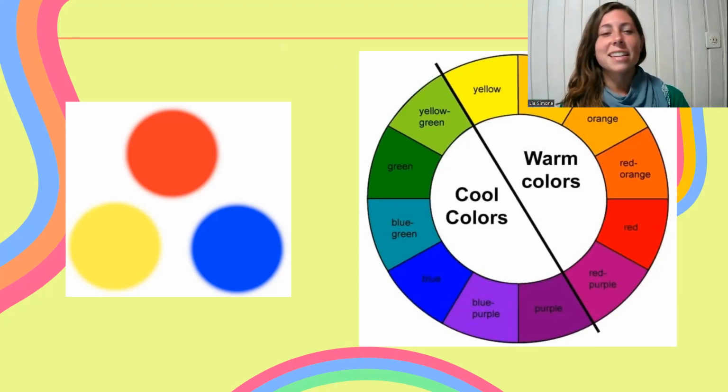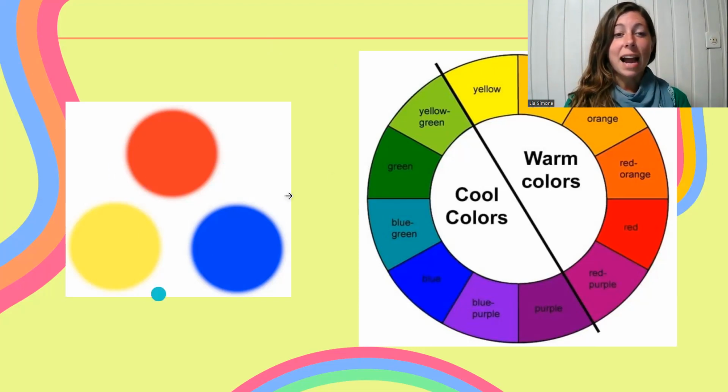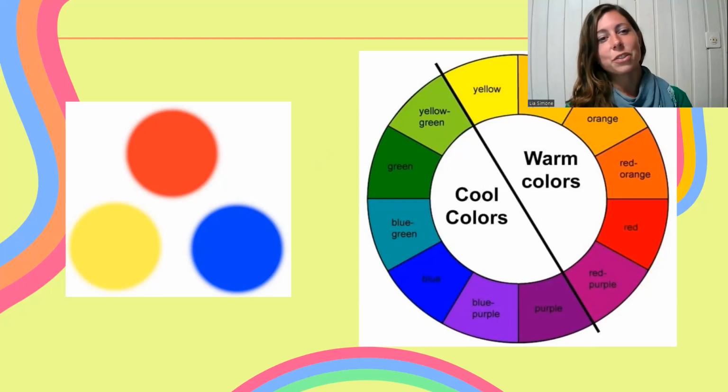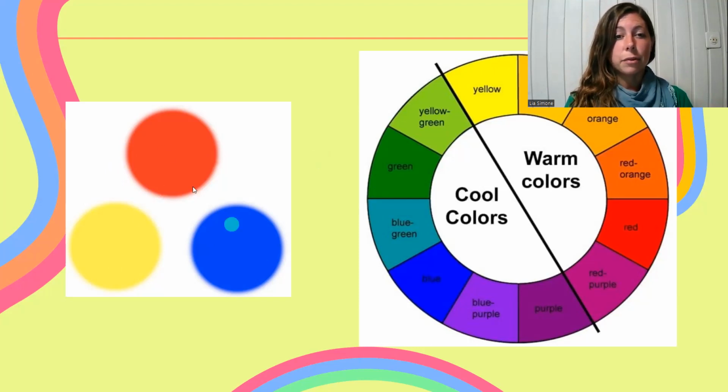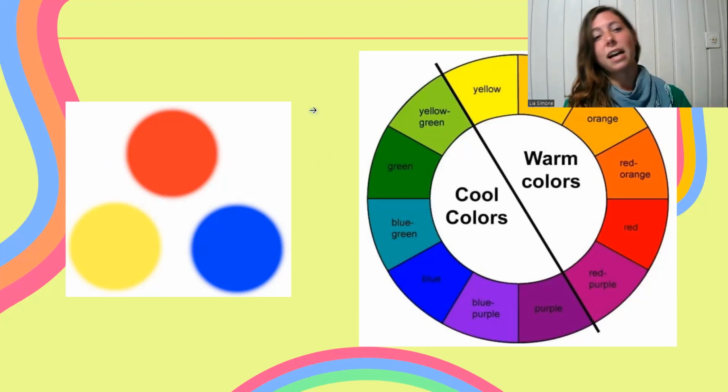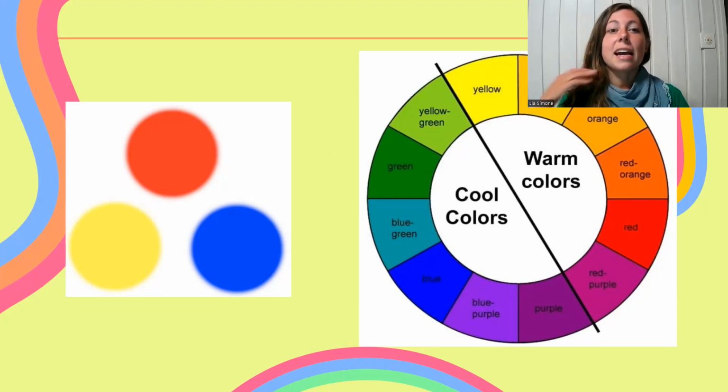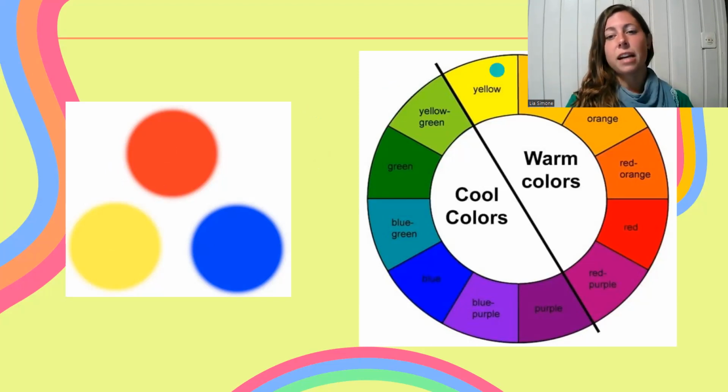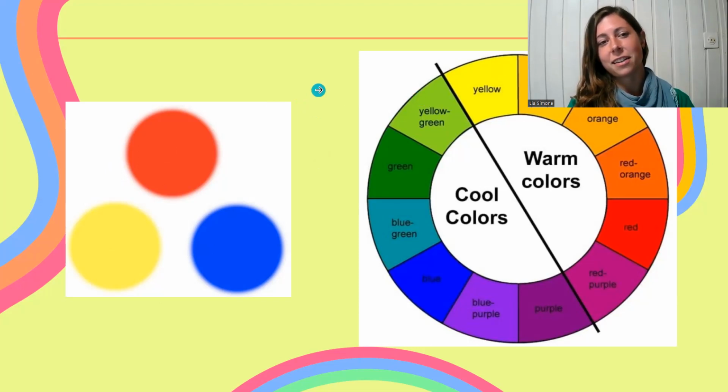So this is the color wheel. You've probably seen it before. On the left side, we have what are called the primary colors. Most of us learn this in elementary school, but these are the 3 most basic colors that all colors break down into. They can't be broken down into any simpler color than these 3: red, yellow, and blue. With these 3 colors, by combining them in different ways and in different proportions, we can get all the other colors of the color wheel that you see on the right side here.